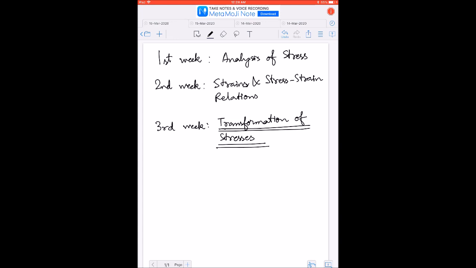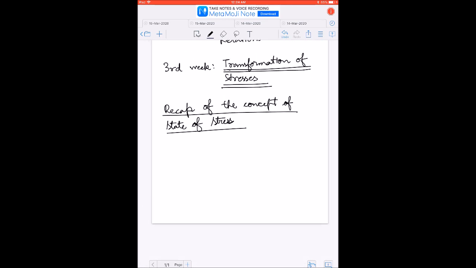To really get into the important concept of transformation of stresses, we have to first very briefly recap what we had studied in the first week while discussing the chapter on the analysis of stress. There we had learned the concept of the state of stress. So we'll briefly recap that. There we had seen, while discussing the concept of state of stress, that